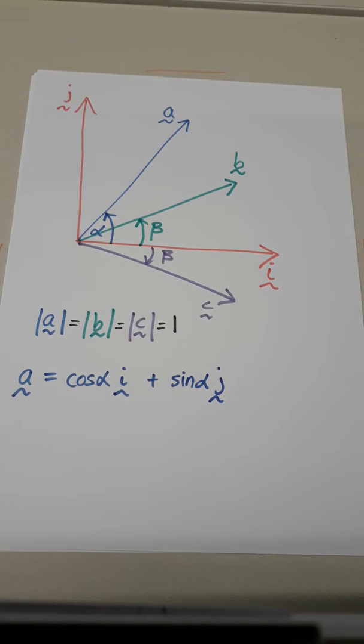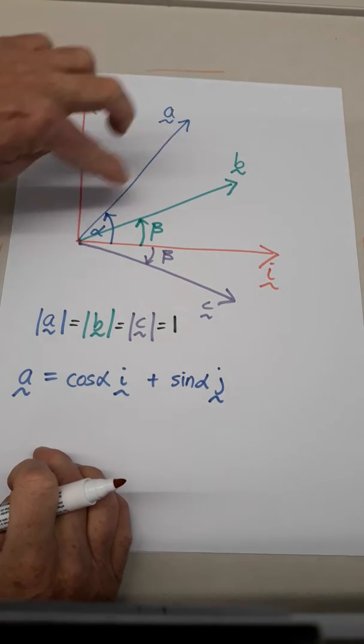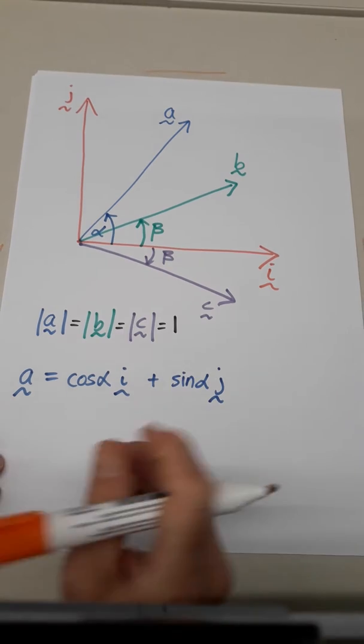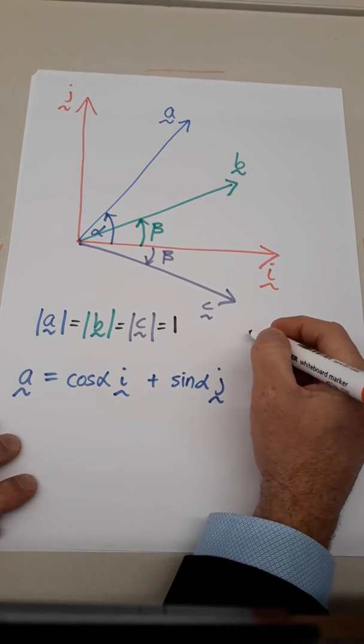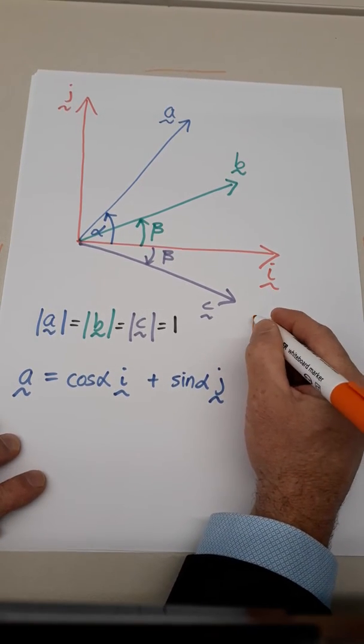Now, I could flesh that one out for you if you wanted me to, but I think that's fairly obvious. But just to show you how you might find the amount of A that goes in the I direction, so the projection of A in the I direction,